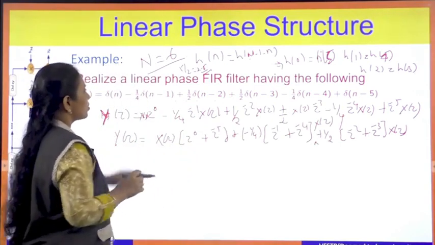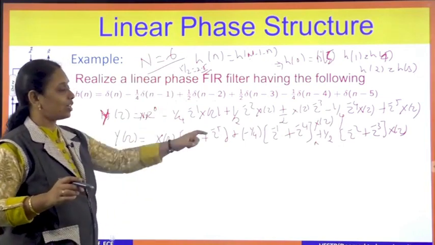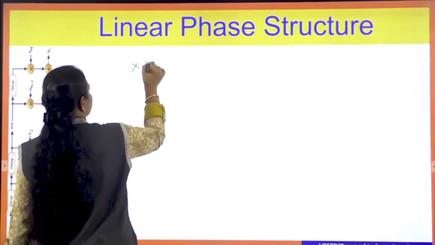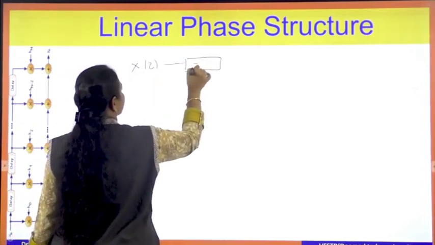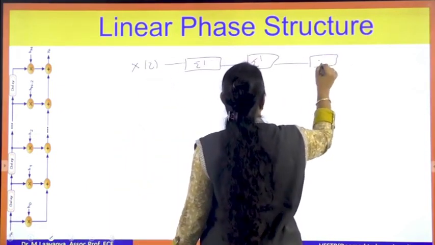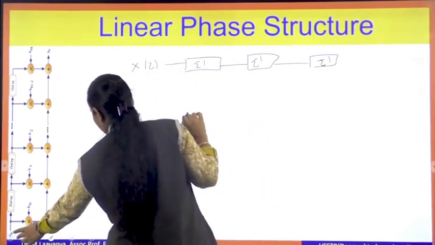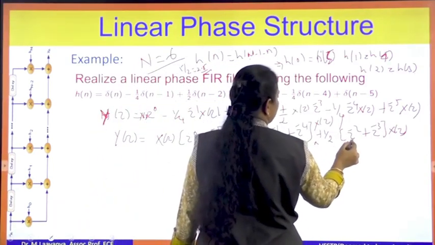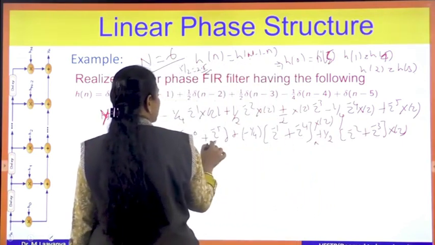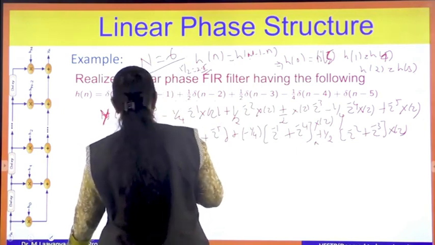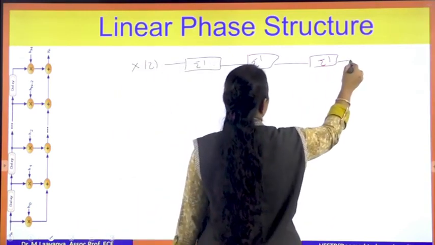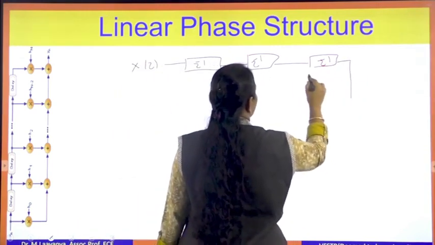Now let us draw it. So n is even. So if it is even, an odd number of delays should come. We will draw the structure here. So first delay, second delay, and third delay. And if you see this equation, z power minus 2 and minus 3 are added, minus 1 and minus 4 are added, z power 0 and z power minus 5 are added. So z power minus 3 should be added with z power minus 2. This is my z power minus 3. It should be added with where?